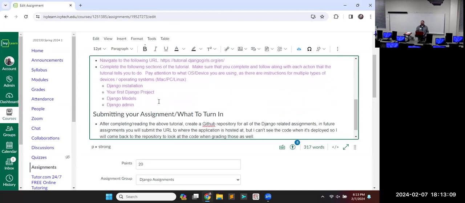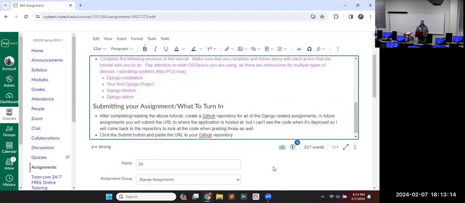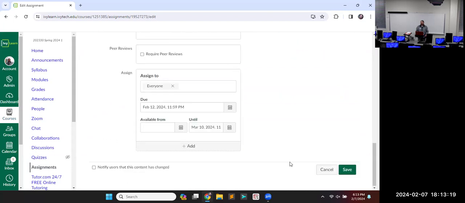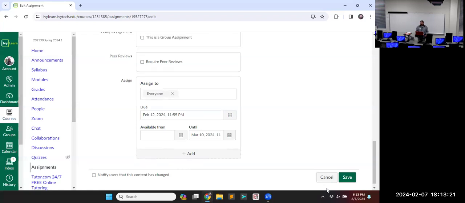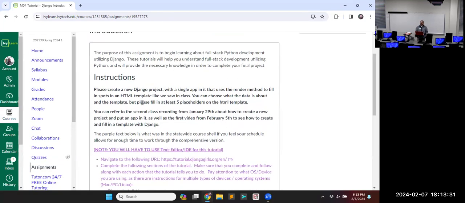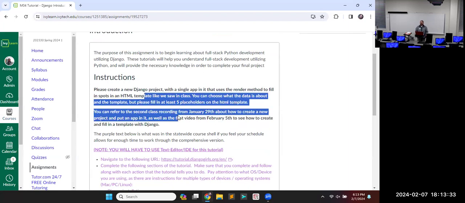Alternatively, I did leave the old instructions, so if you just want to go to that comprehensive tutorial. But every time I've taught this course, I was the first person to teach this for Ivy Online, and every time I've taught it, that comprehensive tutorial has just overwhelmed people. It's turned into way too much. So we're going to back it off, and we're going to do what you're expected to know for an introduction to Django in the 8 weeks we have, because it's a very short amount of time, and it's overwhelmed people, and it really starts,